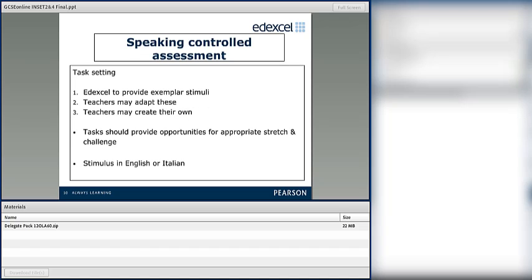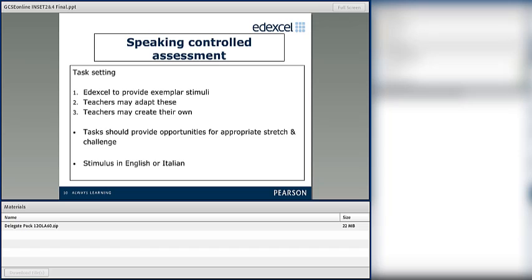Now, how to organize your speaking assessment. First of all, you have to set the task. For the interactions only, Edexcel provides some stimulus material which you can download from the website, secure download. You can use them entirely as they are, or if you prefer, you can adapt them.